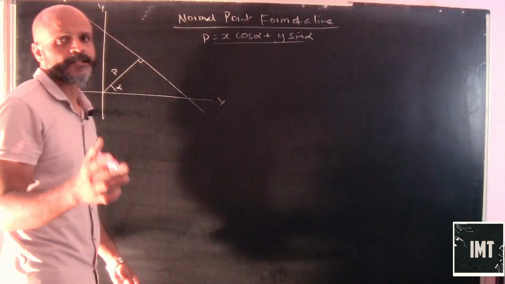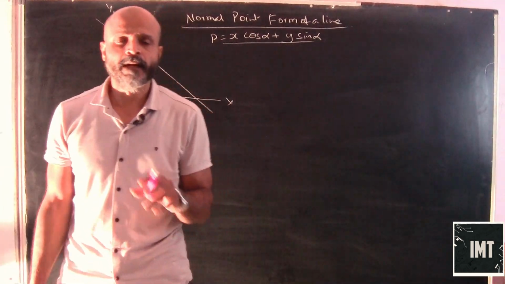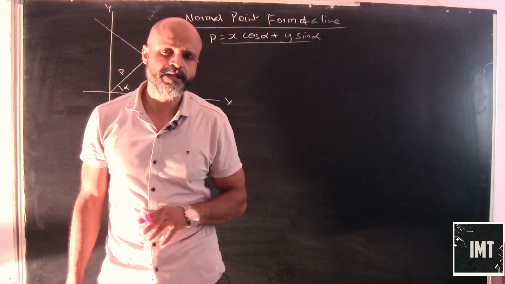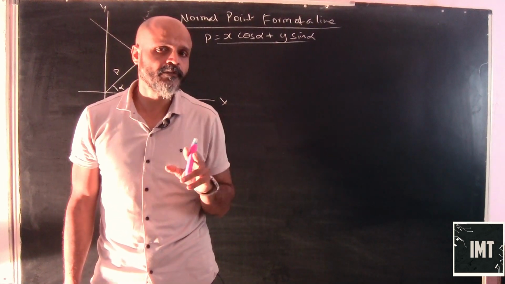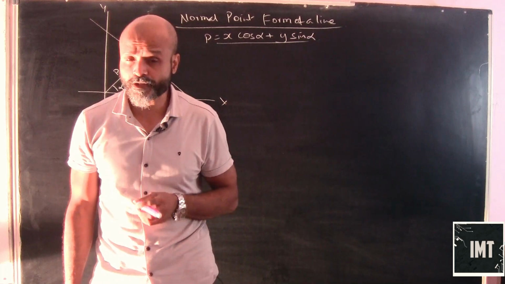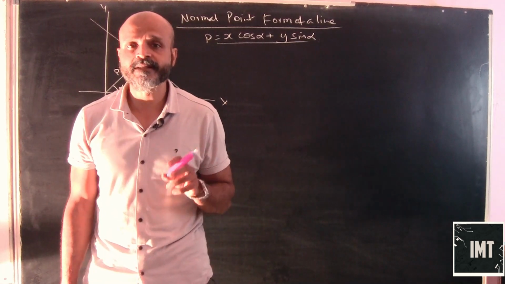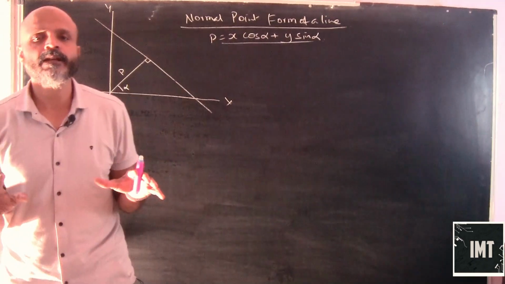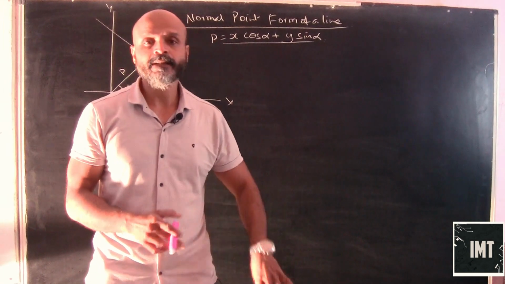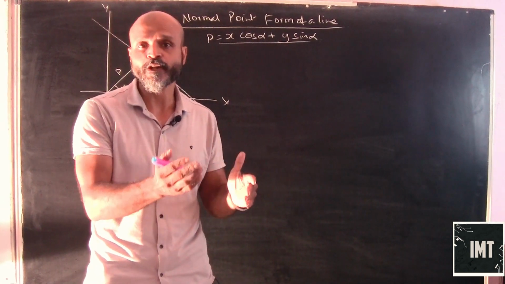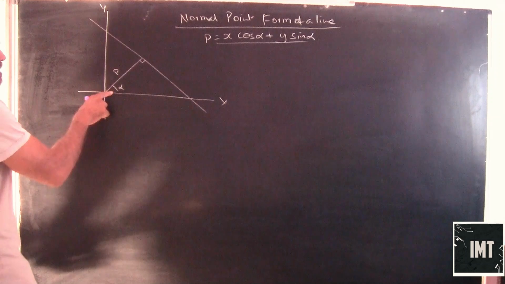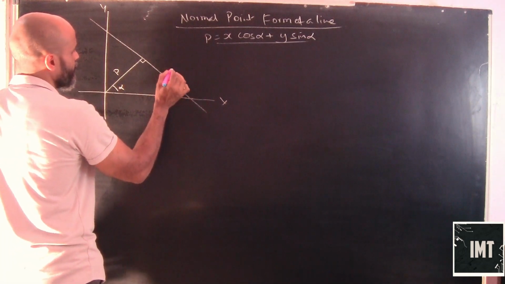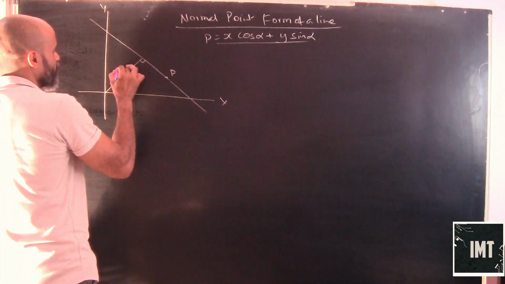How do we get this? See, derivations are not as important in mathematics as applications, but if you look into the derivation part of it, a lot of concepts become clear. So I would suggest that you go through each and every derivation and proof, so that you have a clear concept of what is being taught. Let's say we have this as alpha. Now we take an arbitrary point. This small p is basically the length of the perpendicular.